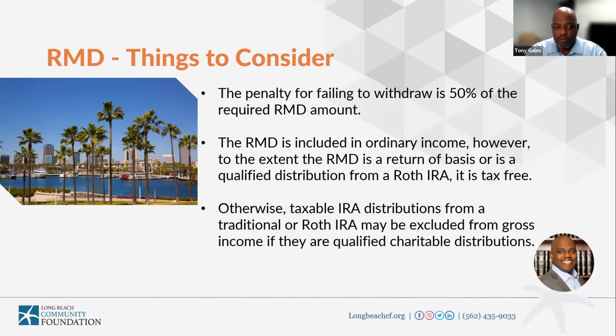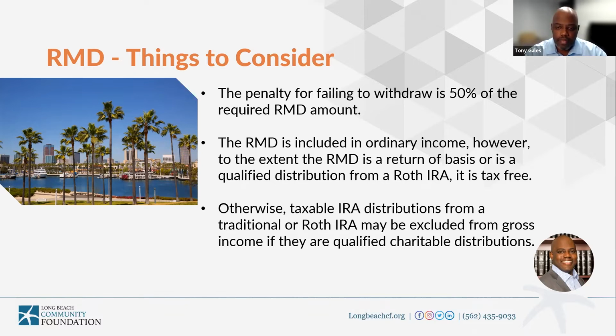So you take your age or your retirement age and you calculate based on the IRS table, you come up with your amount, you take out 40,000 as an example. And now that 40,000 is included in your ordinary income. And your financial advisor should be withholding tax on that. And hopefully you can put your financial advisor in touch with your CPA to calculate the expected tax on that so that they withhold properly. But in any case, your RMD is included in ordinary income.